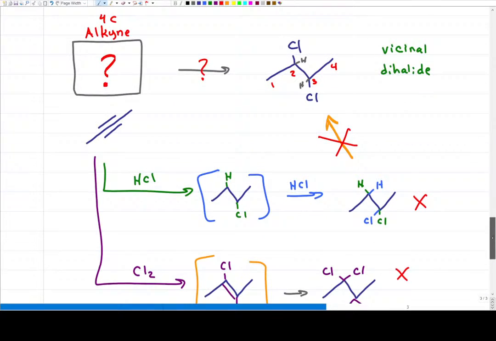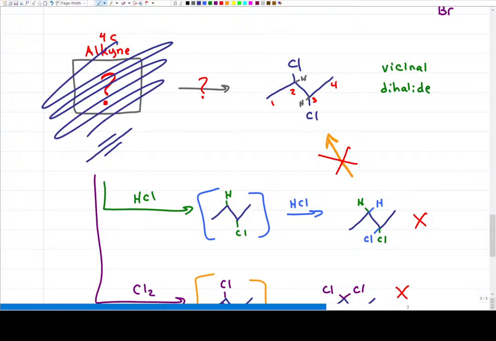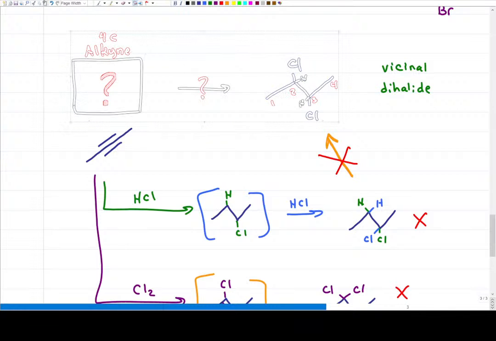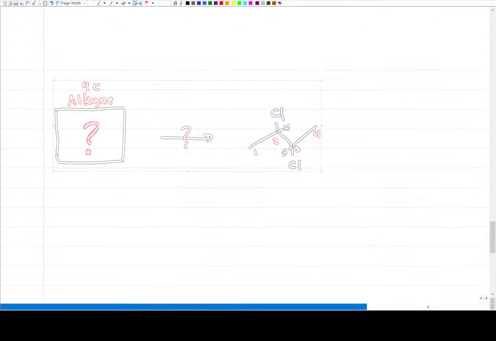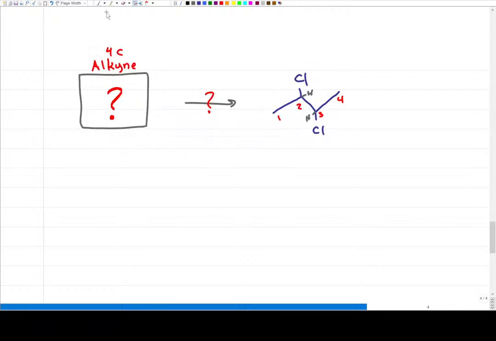So here's where you want to ask yourself, if I can't just put in some reactants that I memorized, what if for just one moment I ignore the product and treat this as a brand new problem? So let's take this as a brand new problem and ask the question differently. And this is what I'm going to focus on extensively in next week's live stream, where I do synthesis and